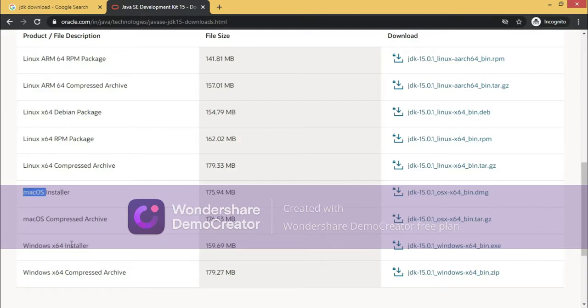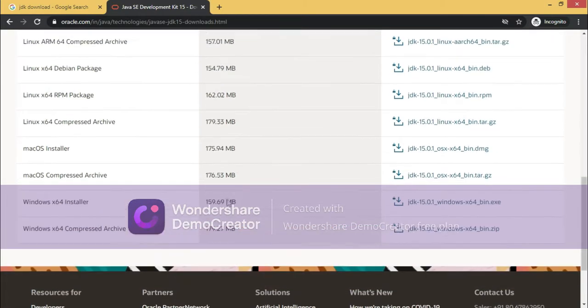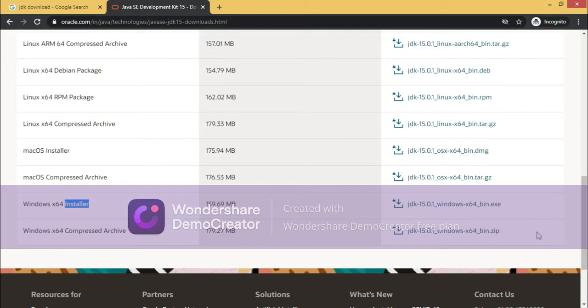If you have Mac, you have to download this. If you have Windows, then two files are available. First is installer. You will be getting a .exe file if you download this file, or otherwise you can download a zip file also. If you download the installer, it will be easy to install in your system. So go ahead and download this .exe file.